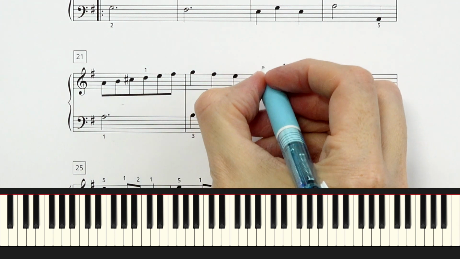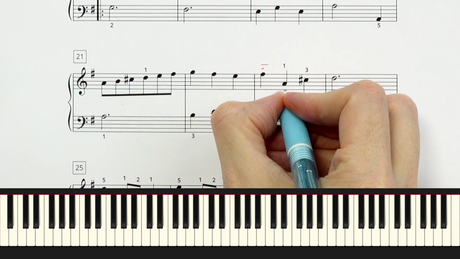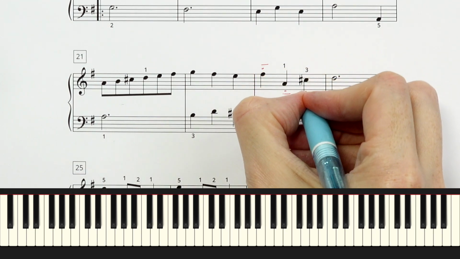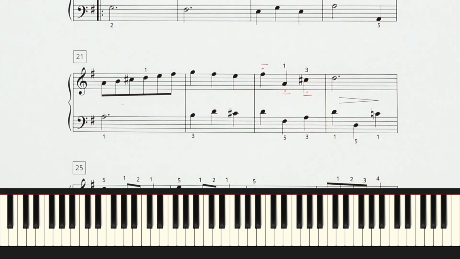Now let's look at measure 23, where I'd like to add some articulations. This sticky staccato that we talked about last time. And you can put them over or under the notes, it doesn't matter. And that will just make it sound a little more interesting right there. Remember, it's not a super sharp or quick staccato. It's kind of a fat or sticky staccato.